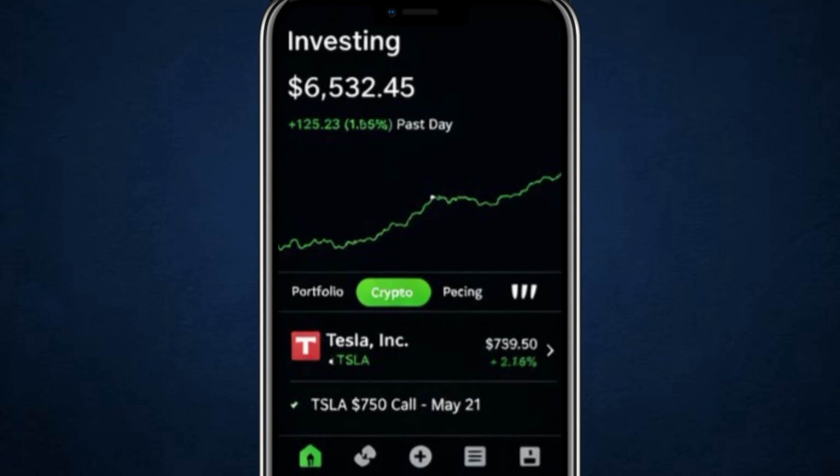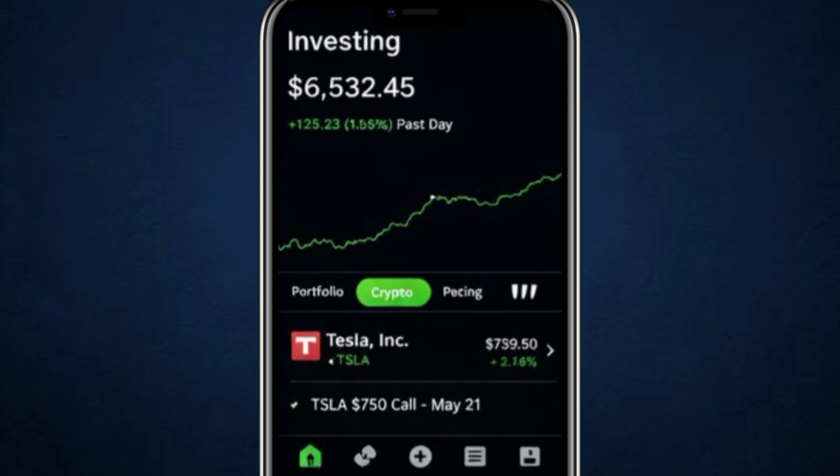In today's video, I'm going to teach you how to close an options contract in the Robinhood app. Whether you're taking profits, cutting risk, or heading into expiration, the process is straightforward once you know where to look. Quick reminder, options carry risk and aren't suitable for everyone, so move carefully and double check each screen before you